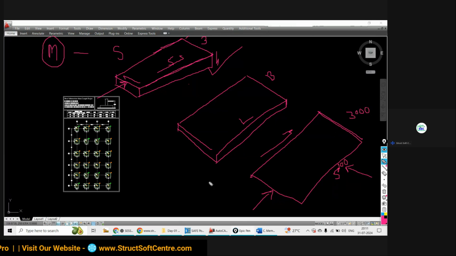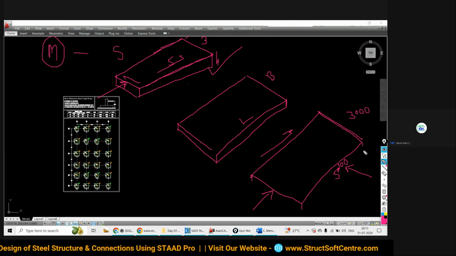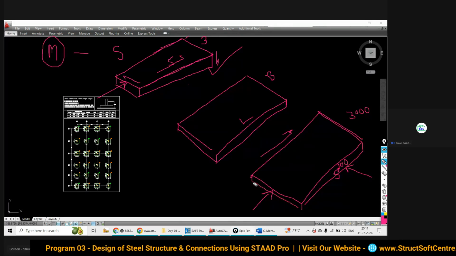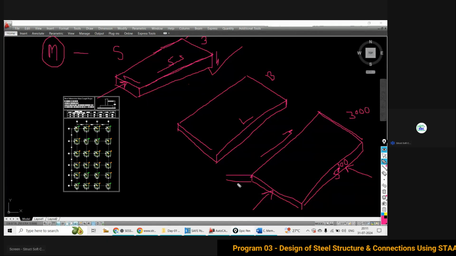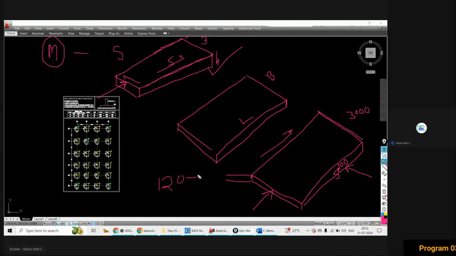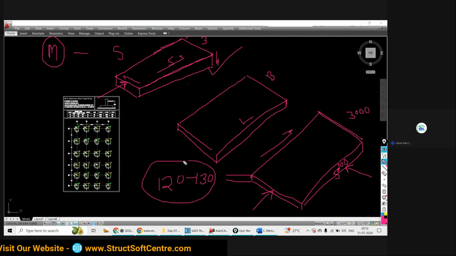Now suppose I consider a slab of thickness 150 only. Normally for residential slabs we consider 120 to 130. So in comparison to its width and length, your depth is very small.